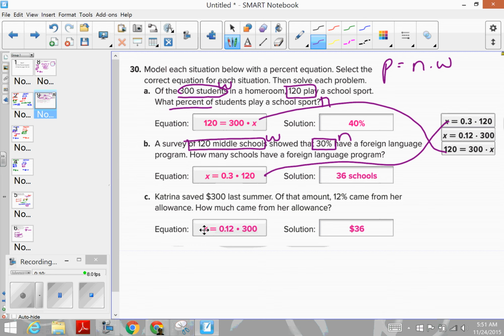And then our last one, Katrina saved $300 last summer. Of that amount, 12% came from her allowance. So this is the whole amount that she saved. This is the percentage. And then they want to know how much it was, so that means they're looking for her part. And so that's equation number 2. And when you solved it, it was